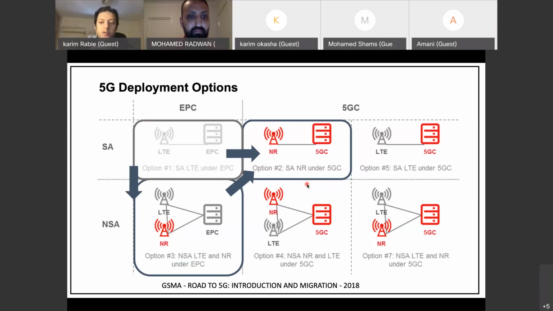From a coverage perspective, the new radio coverage will appear like spots in the big LTE coverage. We are already covering the land with LTE, and we are already integrated with EPC. Let's add the new radio, and we have a flavor of the NSA 5G deployment.